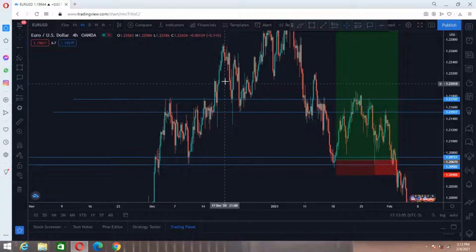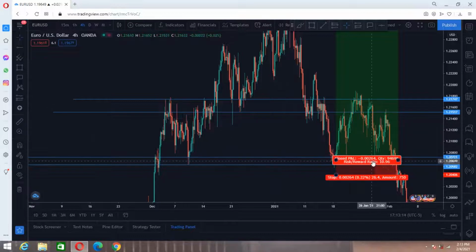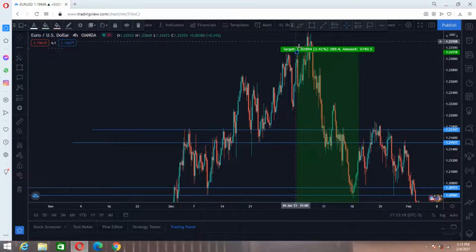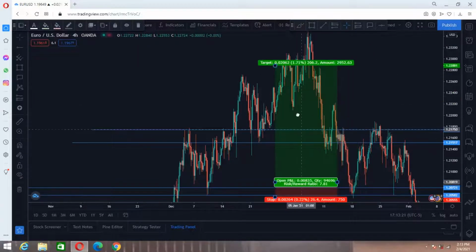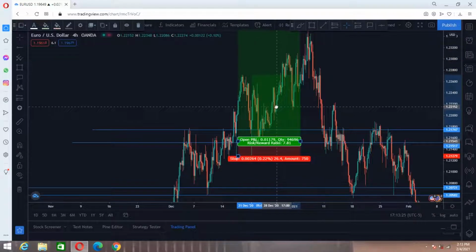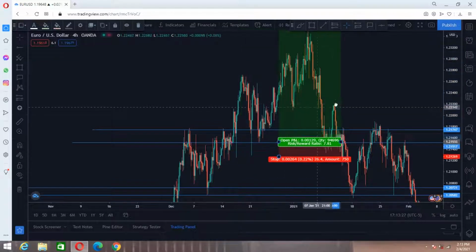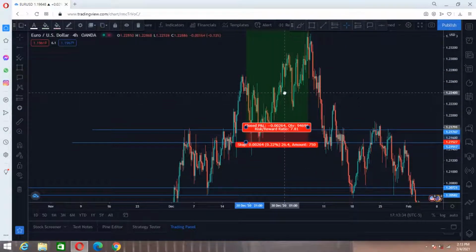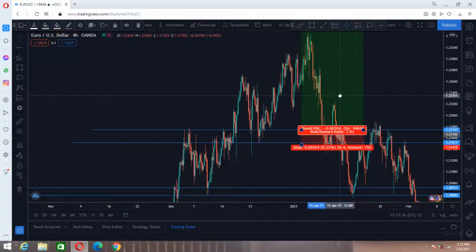After it broke the zone, normally I wait for it to break the zone and come back for a retest. So normally this is where I would enter my trade. Always this is how I enter my trade. I'll wait for it to reject, obviously. Wait for the 1 hour candlestick to close. After it closes, I see that this is a big rejection. Then I know that I'm going in with my